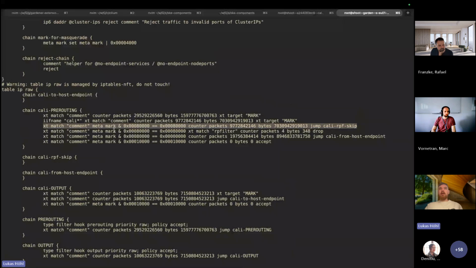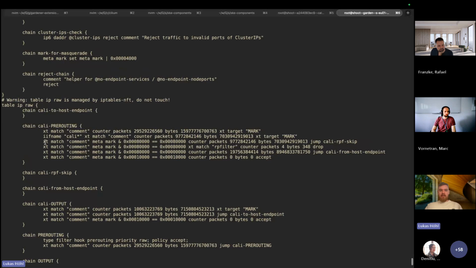This is the NFTables compatibility mode. So you can see the iptables chains in NFTables, but as you can see here, it's managed by iptables NFT, so it's not